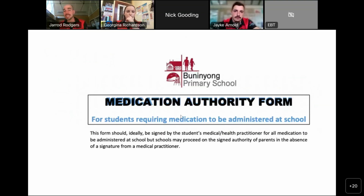The last couple of things is medical information for any medicine that's going to be needed to be administered during the weekend. So on our parent information booklet that we're sending home, this is going to be the last page, and we'll actually send this separately for you to fill out. So if there's any medication that needs to be given to your child during this event, please fill out this